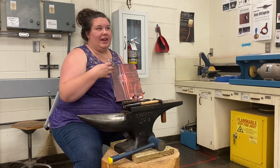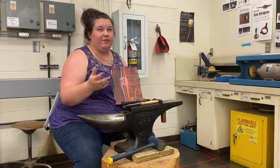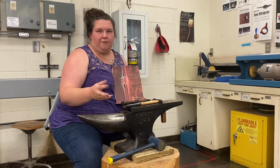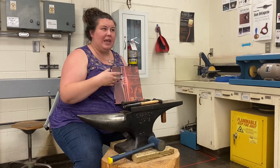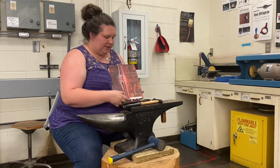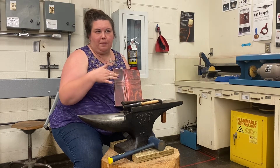Some things help you make more organic forms, like that look like leaves or petals. You can make things that look kind of like folded up fabric, you know, with undulations in it. You can even make the metal pucker and ruffle up, which is really cool too. So this book is definitely worth checking out, but I'm going to go through just a couple of the basic